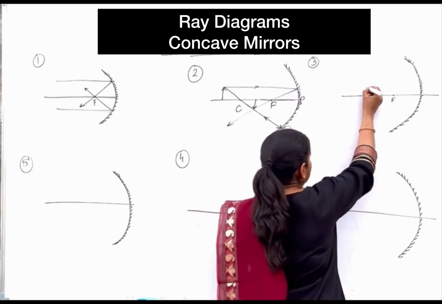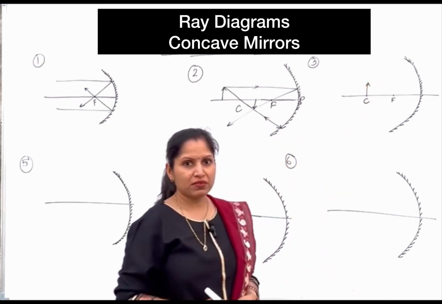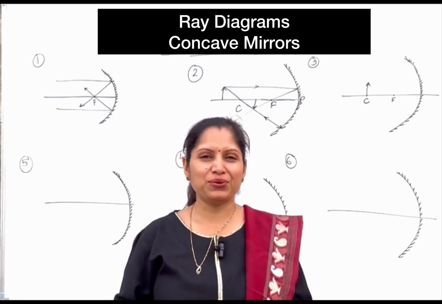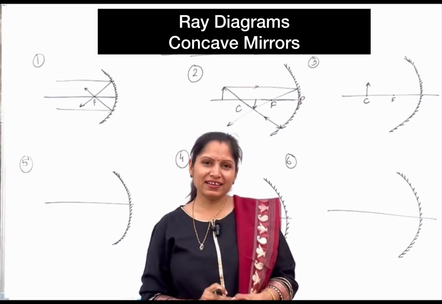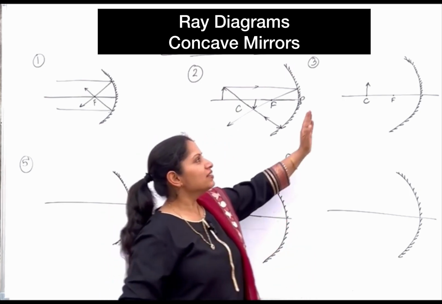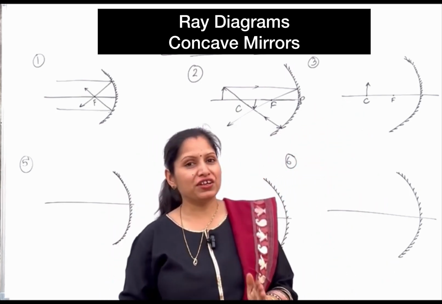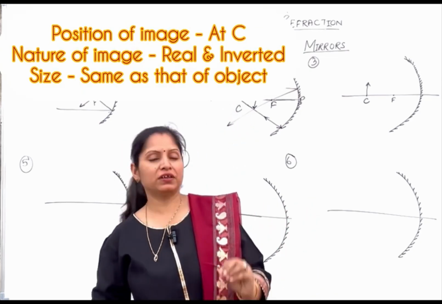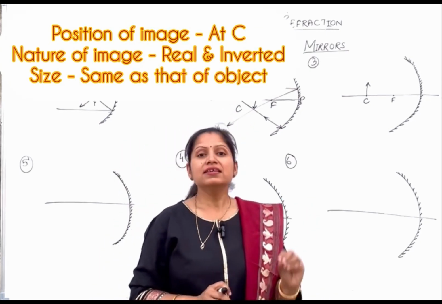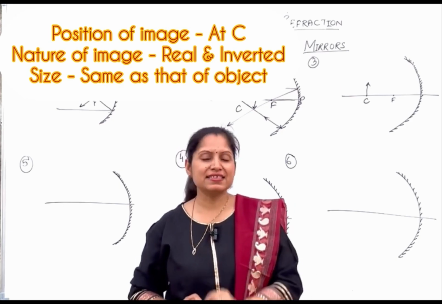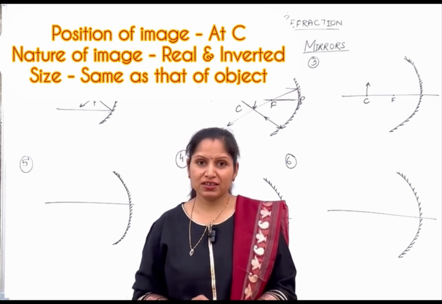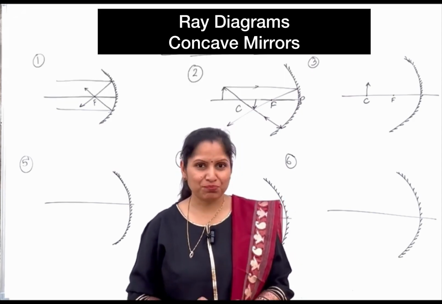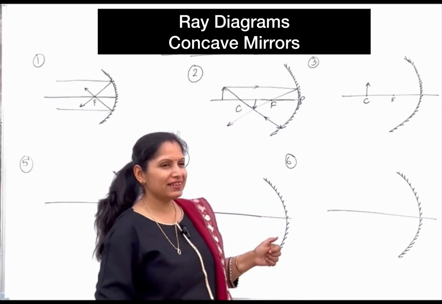अब हमको object रखना है center of curvature पे। पर जैसे ही हम object center of curvature पे रखेंगे, हम करने वाले हैं थोड़ी सी cheating। चीटिंग क्या करने वाले हैं हम, कि जब भी ऑब्जेक्ट सेंटर ऑफ कर्वेचर पे रखते हैं तो इमेज भी सेंटर ऑफ कर्वेचर पर ही बनती है, एंड साइज ऑफ द इमेज इज एग्जैक्टली सेम एज दैट ऑफ द ऑब्जेक्ट। साइज ऑफ इमेज एंड साइज ऑफ ऑब्जेक्ट आर एग्जैक्टली द सेम।